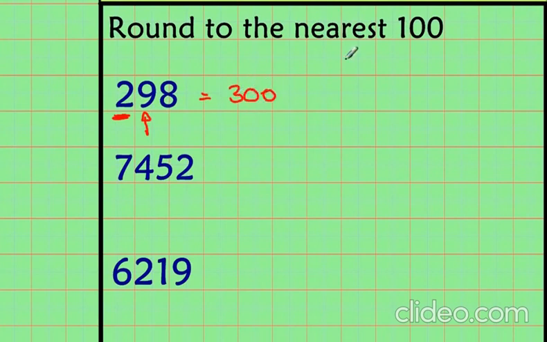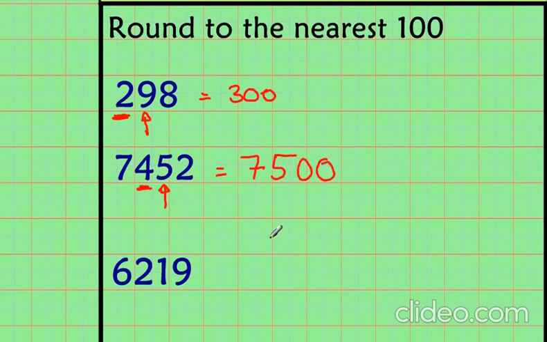Similarly here, round to the nearest 100: units, tens, hundreds. That's my indicator, it's the 5. Now what did we say 5 does? Does that round up or down? 5 rounds up. So my 7 didn't get touched. The 4 was rounded up because of my indicator, so my 4 became a 5. And everything else,